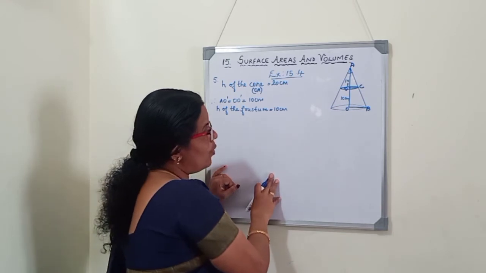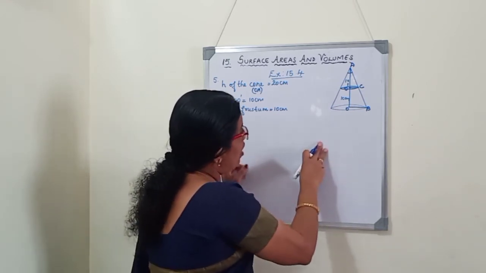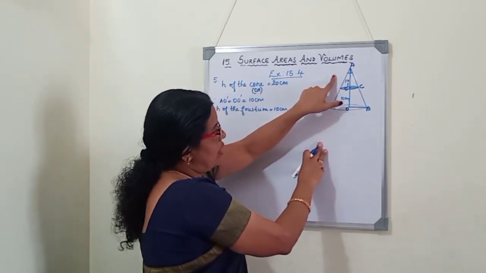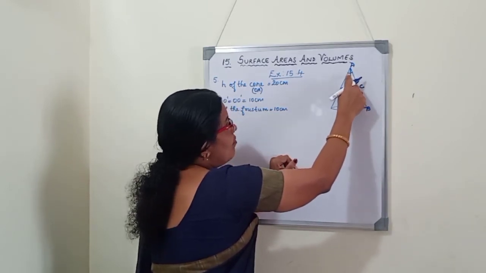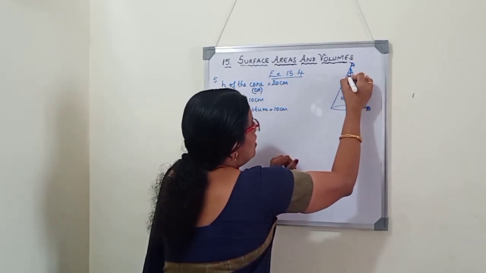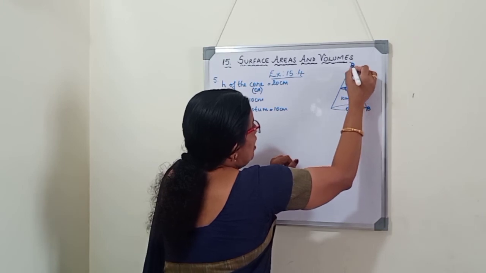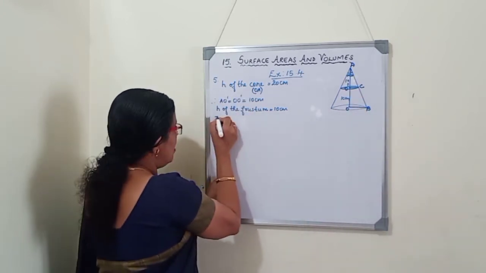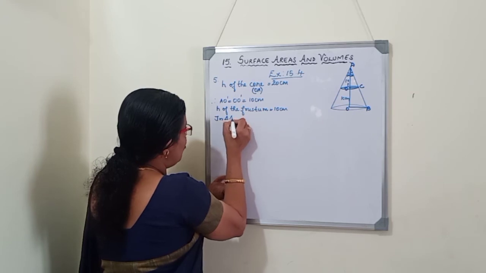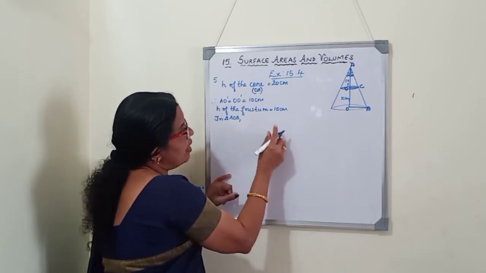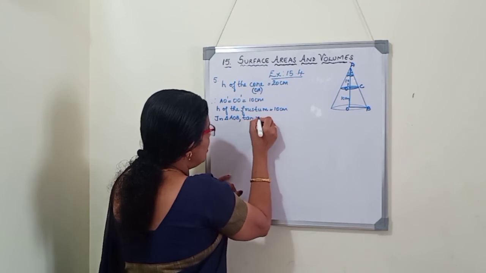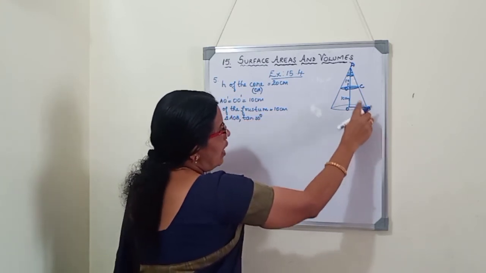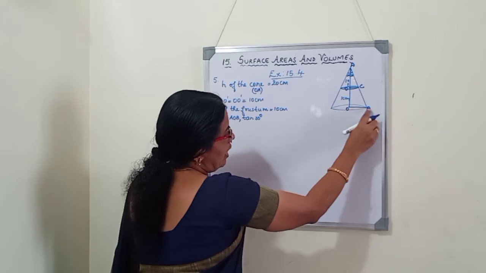Now to find R1 and R2, we will apply a trigonometric ratio. See, vertical angle is 60 degree told. So we will take it as equally 30 degree here. In triangle AOB, we will apply tan 30 degree. Tan 30. Tan theta is opposite side by adjacent side. Opposite side is OB.